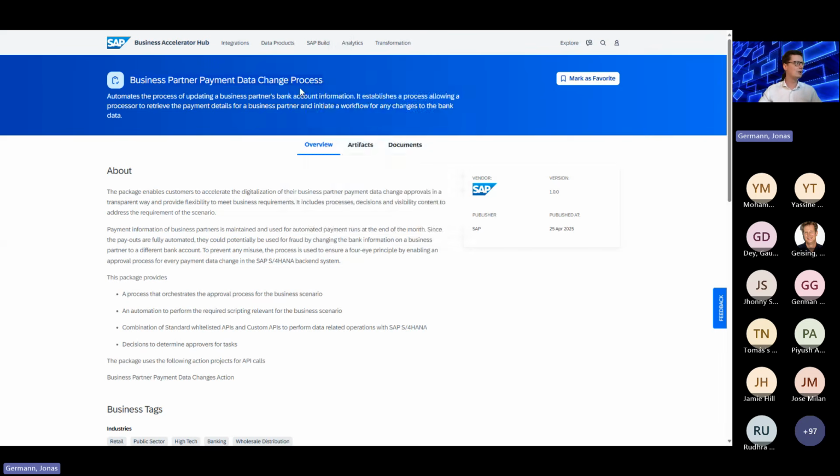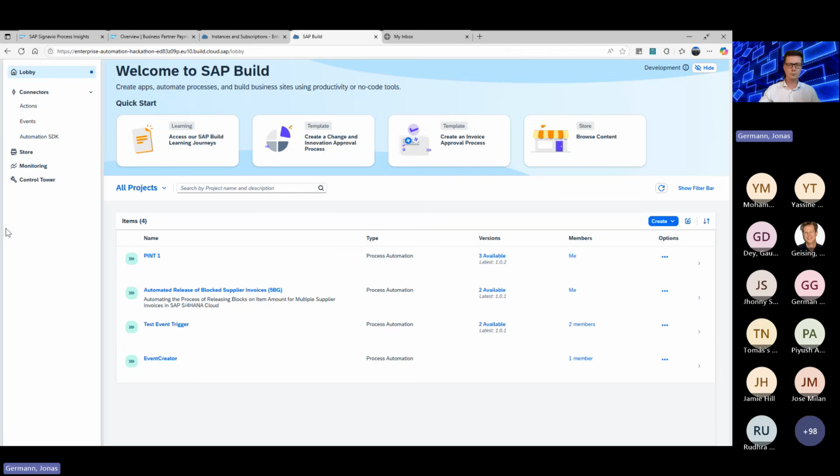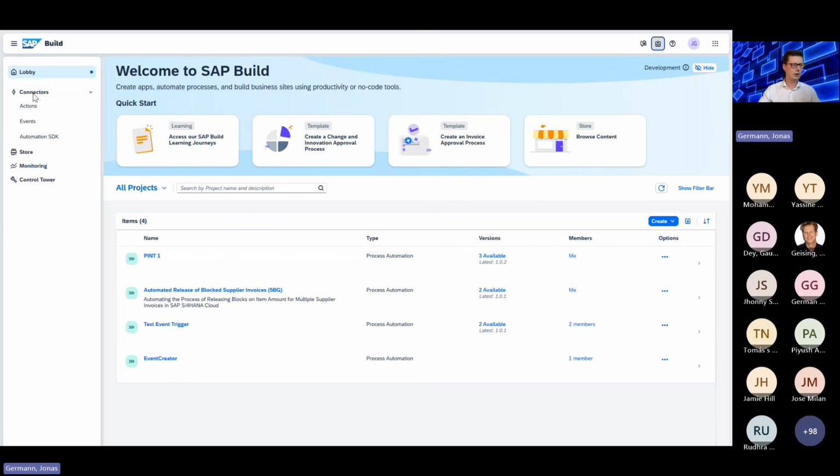Simply copy this topic, and paste it in SAP Build Process Automation. If you are not aware of this solution, it's a workflow and RPA solution. Here you can build your own workflows, digitalize processes, and automate them, for example, with RPA technology.